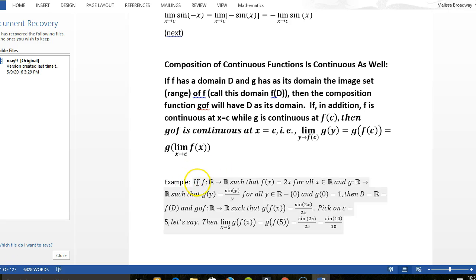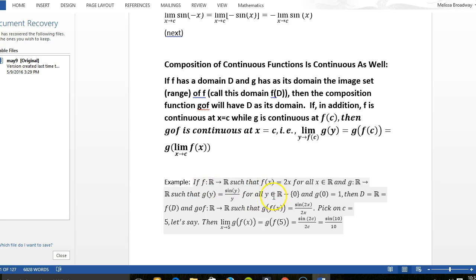For example, if f is a function from R to R such that f of x equals 2x for any real x, and if g is a function from R to R such that g of y equals sine y over y for the non-zero reals, while we go ahead and define g of 0 to smoothly equal 1. This is a thing we're going to call the sinc function a little later on, but anyway. Then